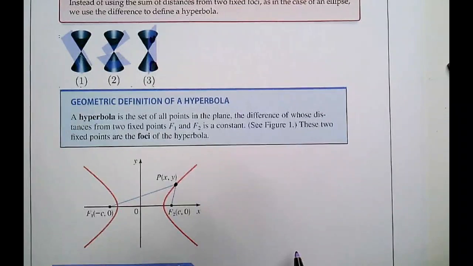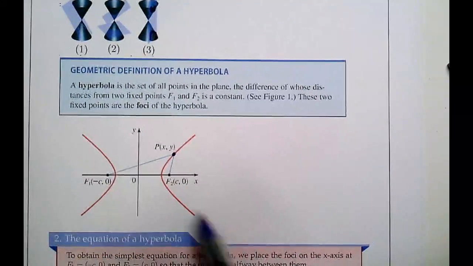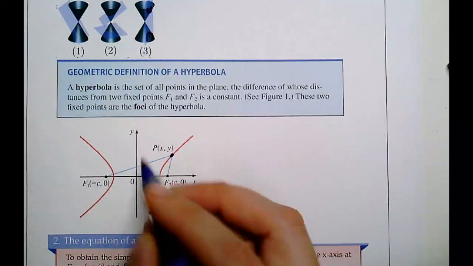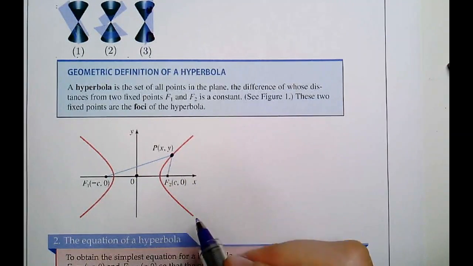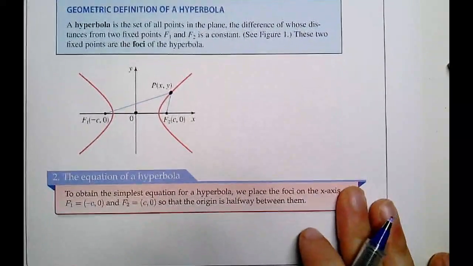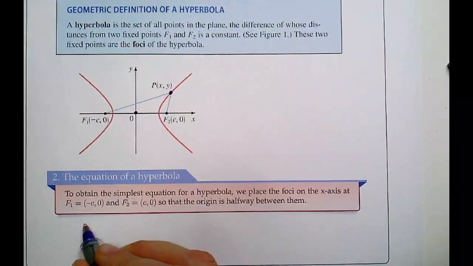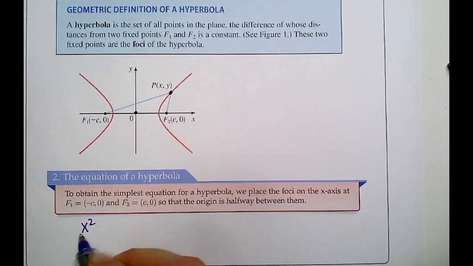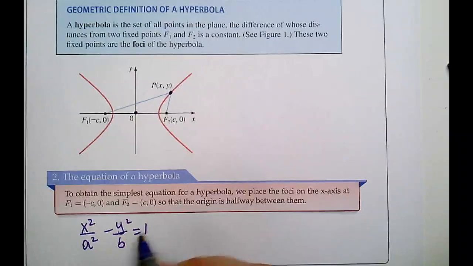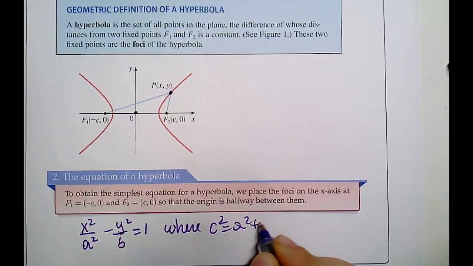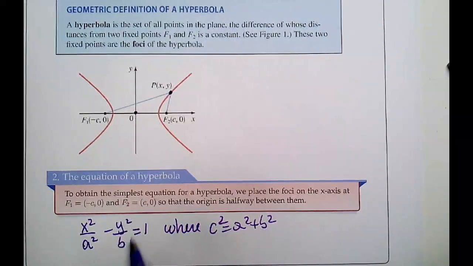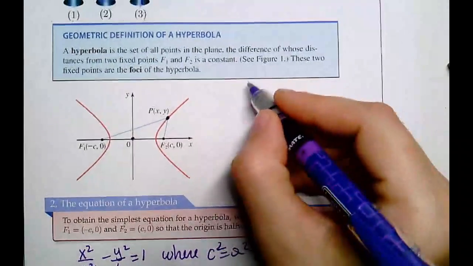So to obtain the equation of a hyperbola, we're going to look at a hyperbola centered at the origin. Alright, so without further ado, the equation of a hyperbola is just going to be x squared over a squared minus y squared over b squared equals 1, where c squared equals a squared plus b squared. It's very similar to the ellipse, which had a plus. So if you look at the graph of it,